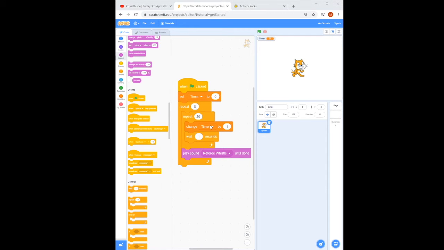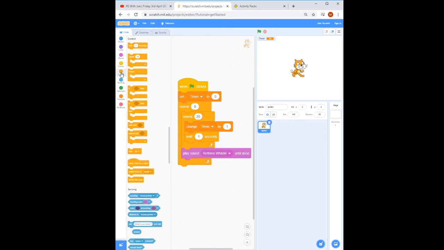I could do this simply by adding another wait block. So I'm going to go into the control category of instruction blocks and drag in another wait block. That wait block is going to be placed directly underneath the play sound referee whistle,